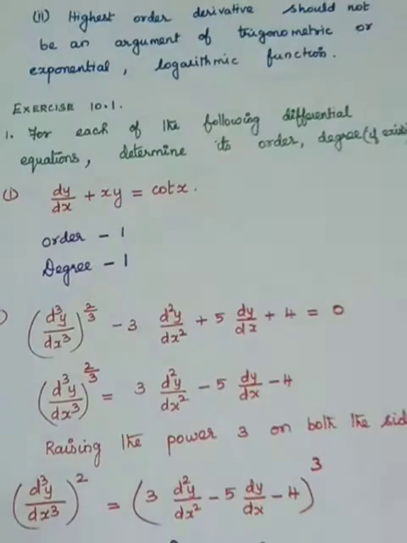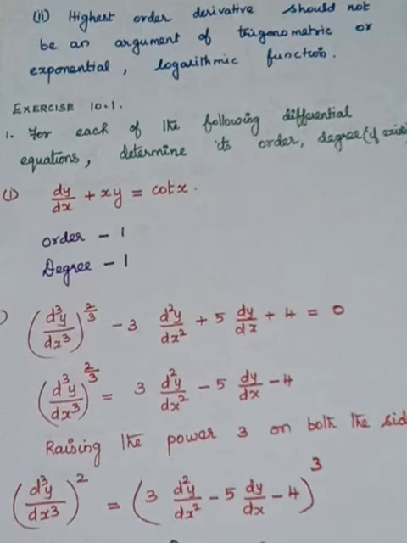You see that order means the highest order derivative involved in the differential equation. Next, if you are going to find the degree, first the differential equation should be written in polynomial form. So what is a polynomial form? It means the highest order derivative, or all of the derivatives, should not have a fractional power. If they have a fractional power, it has to be removed.